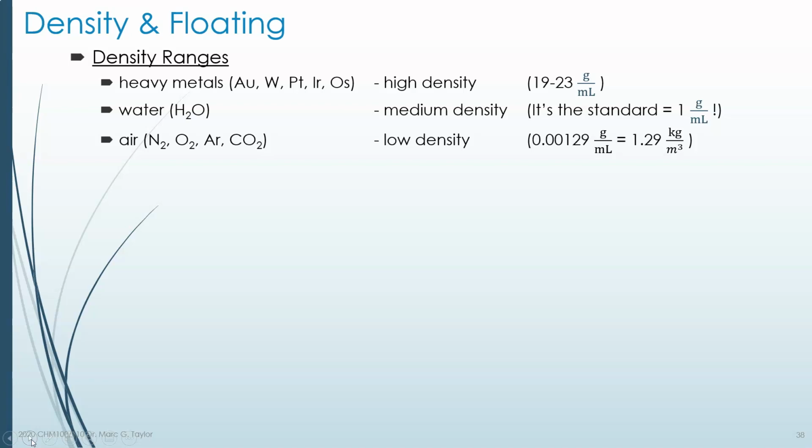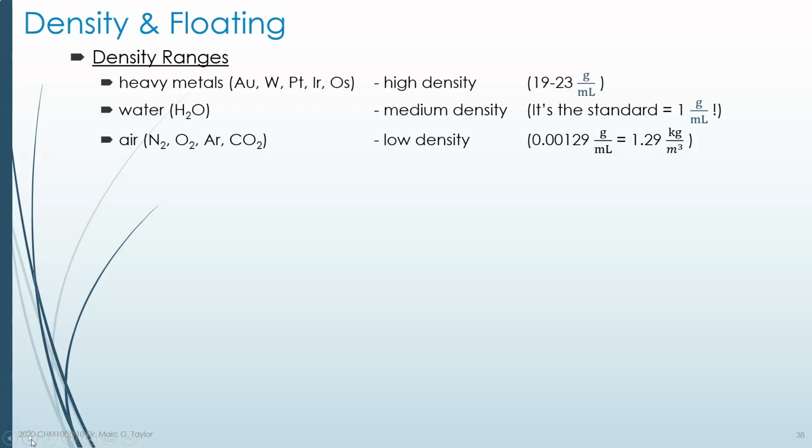In other words, it's a well-mixed mixture of nitrogen gas, oxygen gas, a little bit of argon, trace amounts of CO2, trace amounts of water vapor, and a lot of other trace gases. This has a very low density, and you look to see the density in the same unit, grams per mil. You can see that compared to water, which is 1 gram per mil, air has a density that's almost 1,000th of that density,